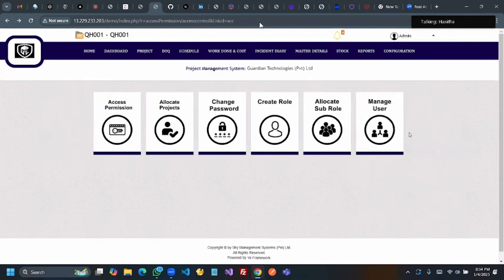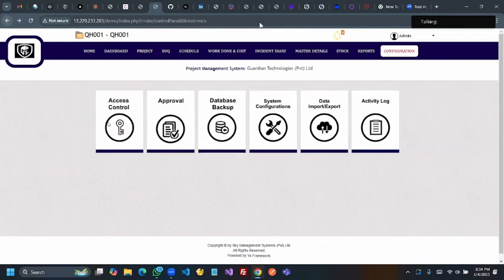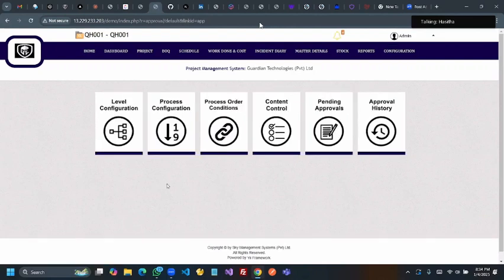So those are the things for access control. Then approvals. What are the approvals? The name has the meaning, right? Approvals means we have approval processes in our system, like